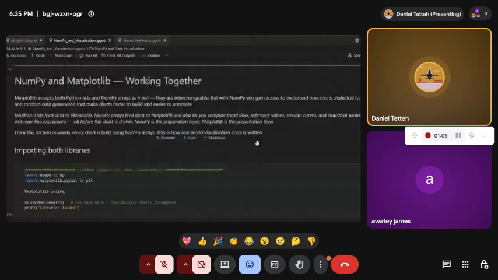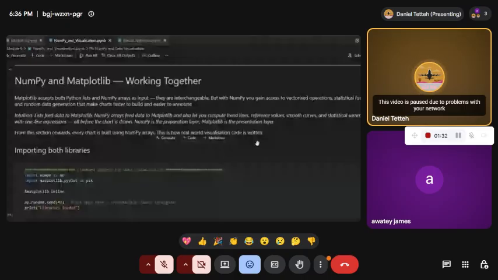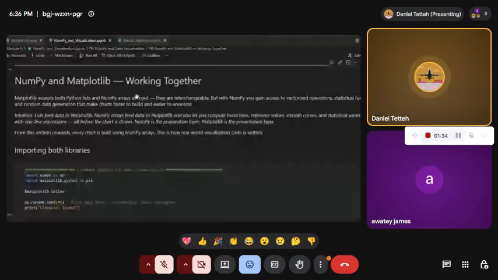Okay, so with that said, today we are moving on to NumPy and Matplotlib. So previously we talked about Matplotlib and list data structures, and we learned how to make some plots. So NumPy arrays can also be used in plotting, because initially we said that